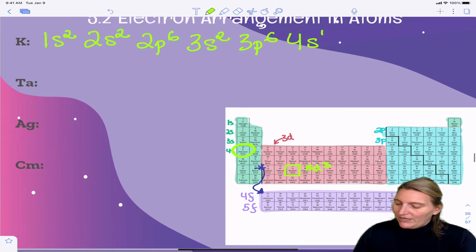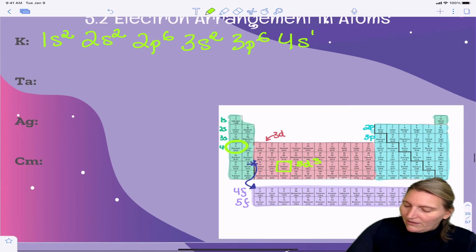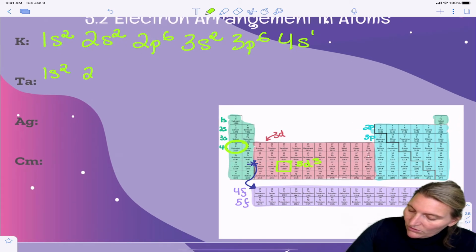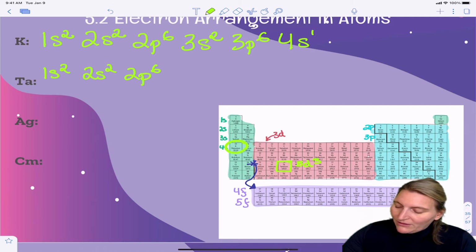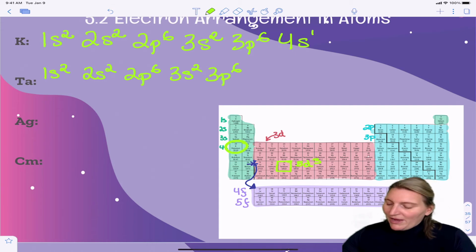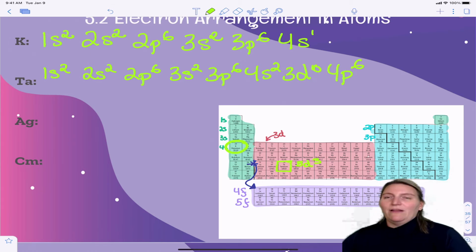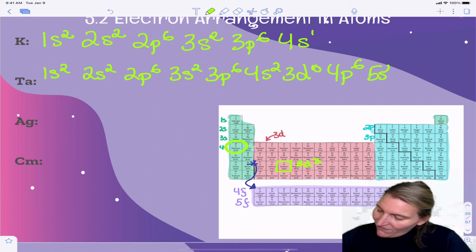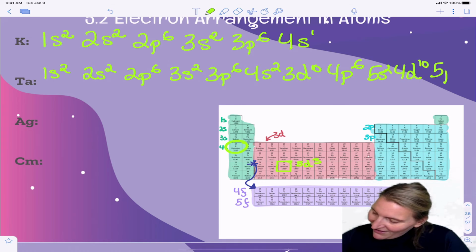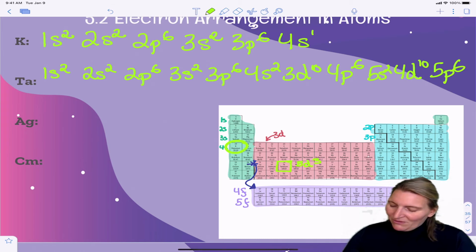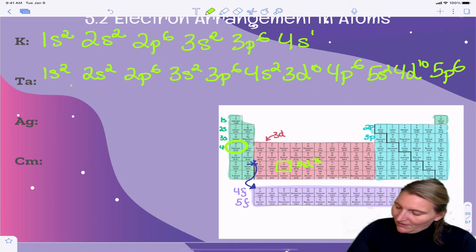Now I just start reading from the very beginning. 1s2, 2s2, 2p6, right? Start back at sodium, 3s2, 3p6, start back at potassium, 4s2, 3d10, 4p6. Now go back to rubidium, 5s2, 4d10, 5p6. Now we're at cesium,